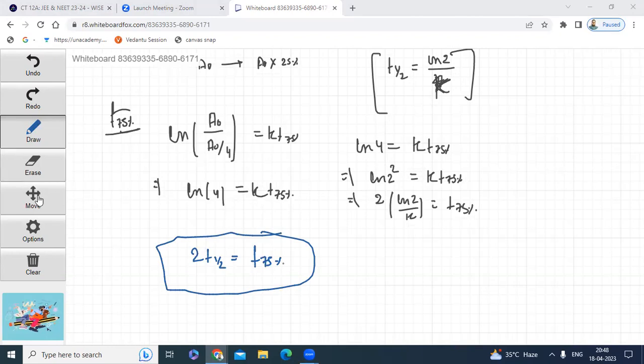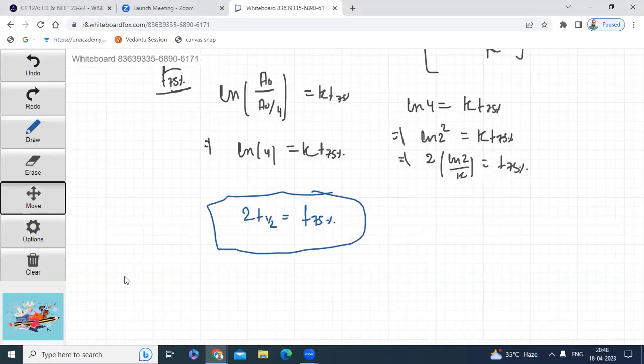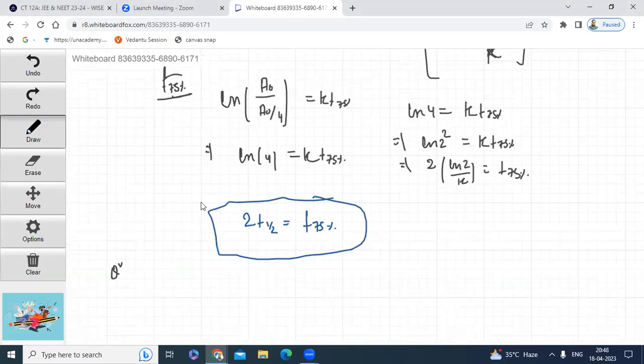After that, I am giving you one question, and you have to try it. All the students must answer in the chat box. If you are unable to get the answer, write that sir, I am not getting any point in this question. Everyone has to answer in the chat box.